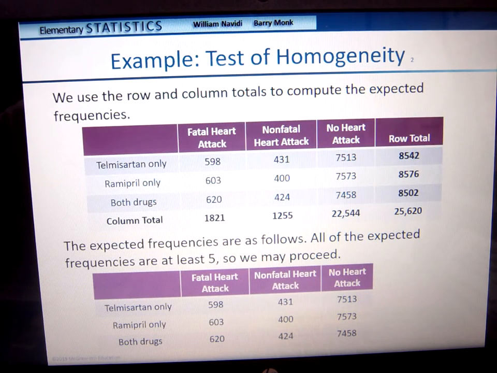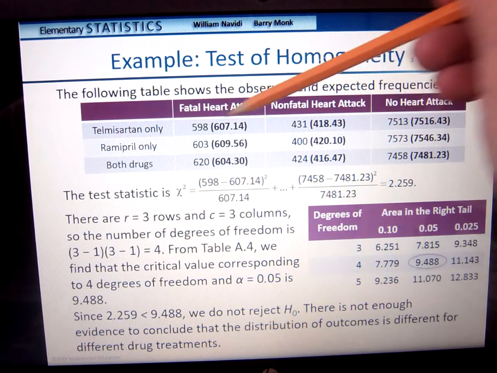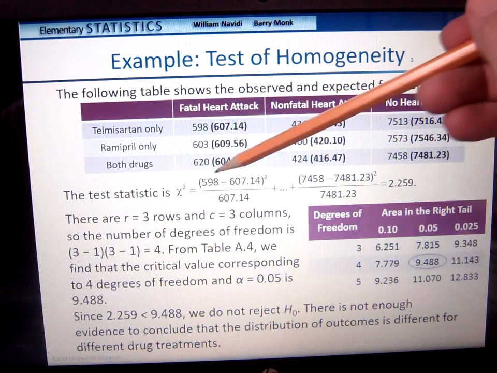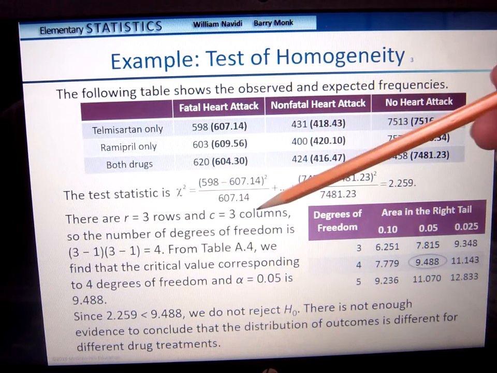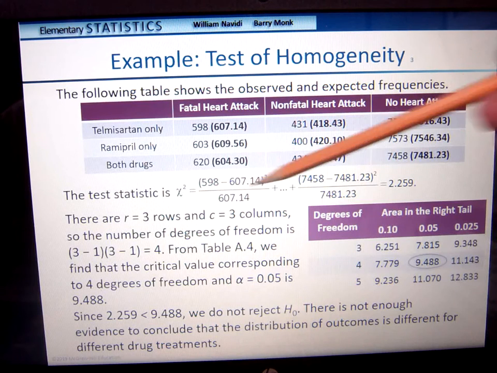So we're going to use the row and column totals to compute the expected frequencies again. The expected frequencies are as follows, and we see all of the frequencies are at least 5, so we can proceed. The following table shows the observed and the expected frequencies. Now we're going to use these to compute our chi-square statistic. For all of them from the beginning to the last, we're going to add them all together and we get